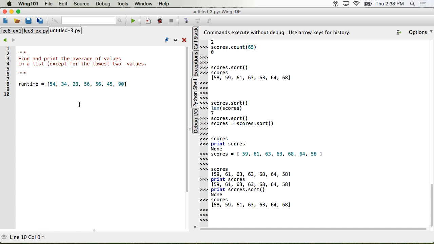Okay, did we drop the lowest in one of the homeworks? Did we do that? I don't know if I had that homework this week. Okay, so basically, your instinct is to find the lowest value and remove it from the list, right? But you really don't need to do that. All you have to do is remove it from the sum of the values, right? So, for example, if I drop the lowest,